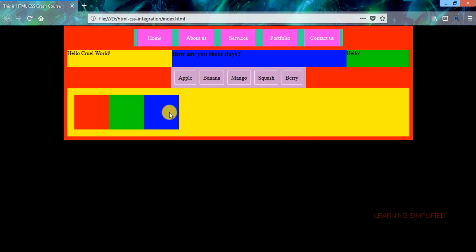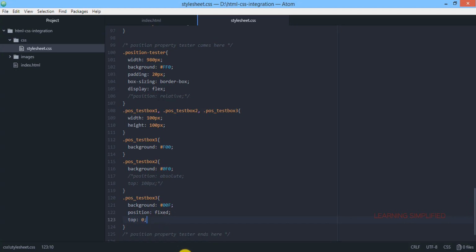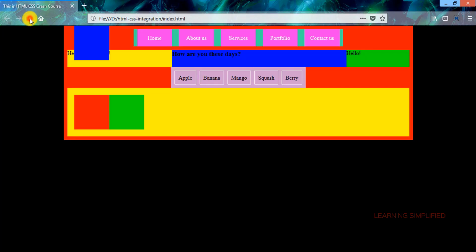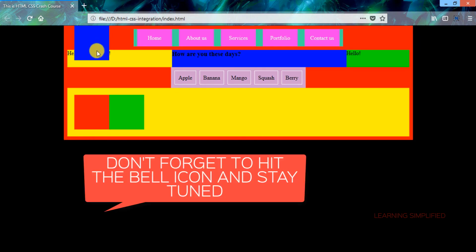So we have provided a fixed position property, and it will be leaving no margin at all from the top position. That is what has been defined over here. So let's get back to our project and reload, and we can see that practically it is leaving no margin from the top position of the mother wrapper. It is now, as a default, assuming that the mother wrapper is the original parent div from where all these conditions should be applied. And in case we now scroll down, there's no particular scroller over here.